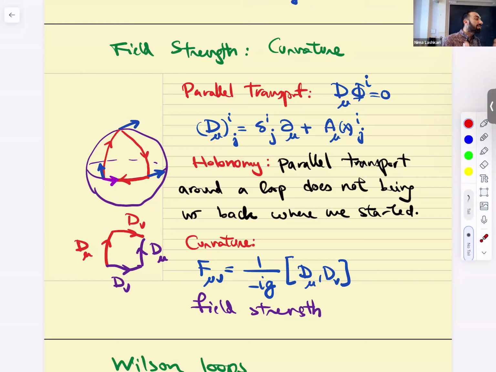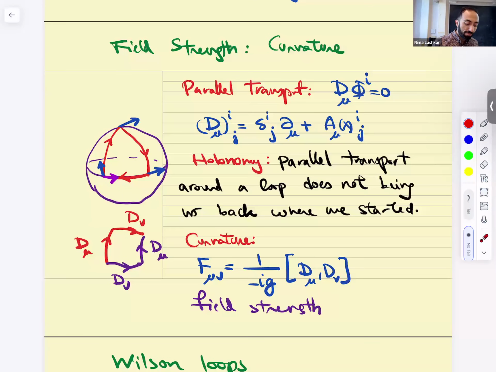And the curvature, going around the loop in this example, I've made it look like there are 3 legs to it, but you could view it as the failure of 2 covariant derivatives to commute, right? You take a step this way, back, then one commute. This is curvature. So the curvature tells you how much they fail to commute. I put a factor of g down here. I might change my mind.